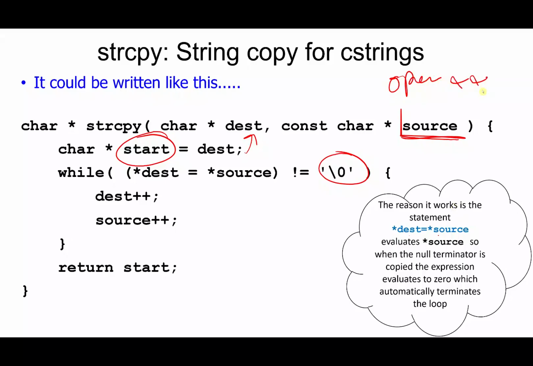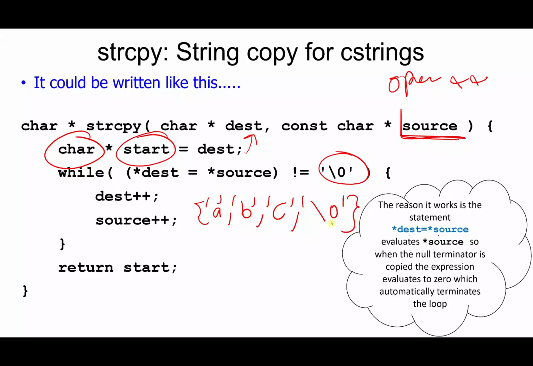So making a copy of the parameter passed, the pointer passed, then advancing the pointer the size of the data type, in this case character. In the previous example I gave you, that was int, and then returned copy, right? Return copy. So if I have A, B, C, and then \0,